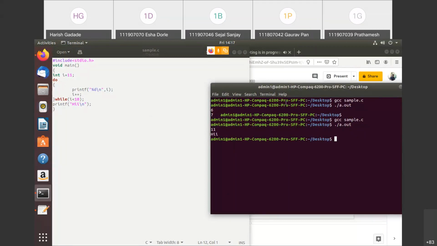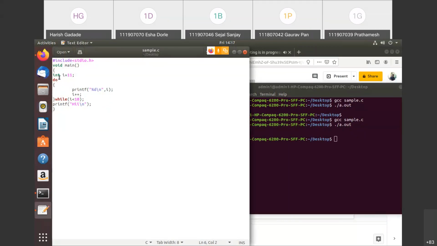So the main differences are two. One is the syntax, you can see here. In this, first we initialize the variable, then we write do, then the body of the do, and at the end we check the condition. So this is the first. Second, if in the first attempt the condition becomes false, the do while body will still be executed. This is the thing, right? So these two are the major differences between while and do while.